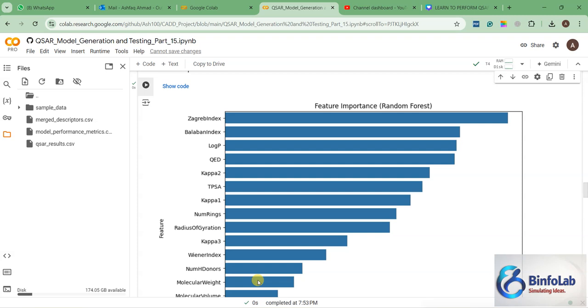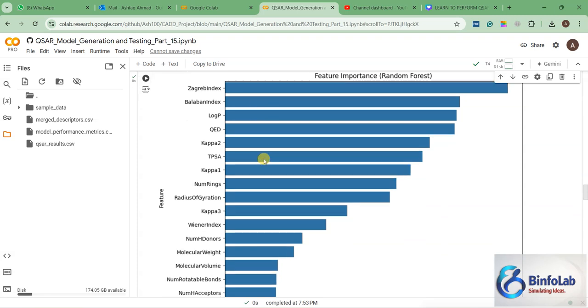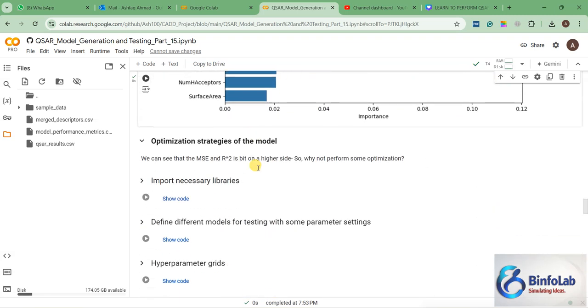Of course, scientifically, I should go with the result of random forest in comparison of these two, because the error is almost 50% smaller. The linear regressor was 0.8 and random forest is 0.4. So these results are better. According to the random forest, the Zagreb index, then the Bob index, then the log P, and then QD are better, and even the QD and log P are at a similar level, and you can see this. Okay, now